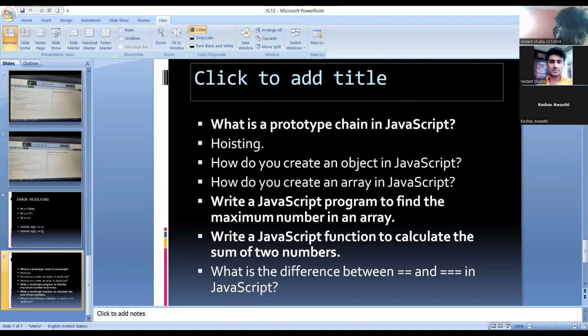The logic is very simple. Everyone knows the logic is not important, but the methods are very important. I will try to discuss the methods in the next section and revise them. The last question is a program to find the maximum number in an array. So, finding the maximum number in an array. For example, if you're creating